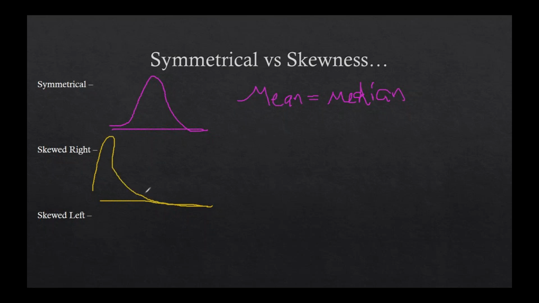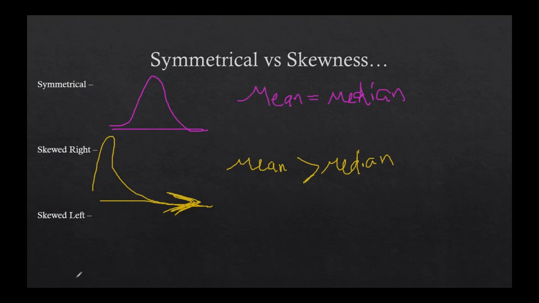So this might be the age of people at Chuck E. Cheese, right? There's a ton of kids, and then just a few adults that are the suckers that have to be there. So because this is skewed right, the tail goes to the right. That means that the mean is greater than the median, generally. Okay, and when you use these symbols, this is the greater than symbol, look at the way the tail's pointing to the right, so that means the mean is greater than the median.